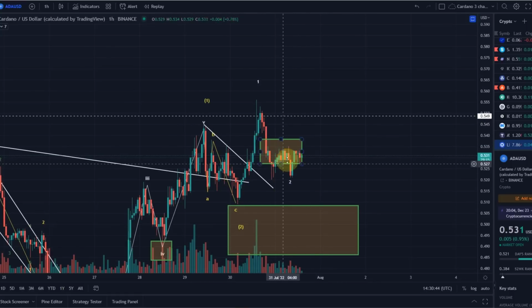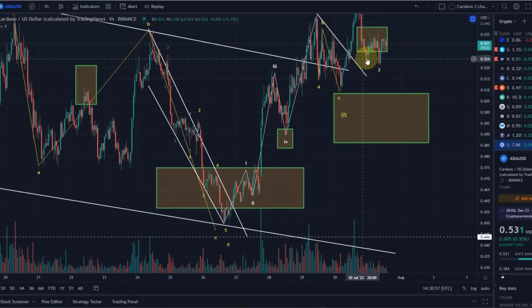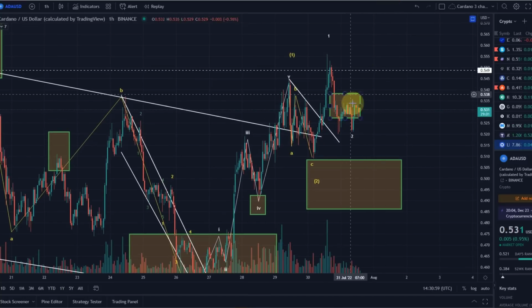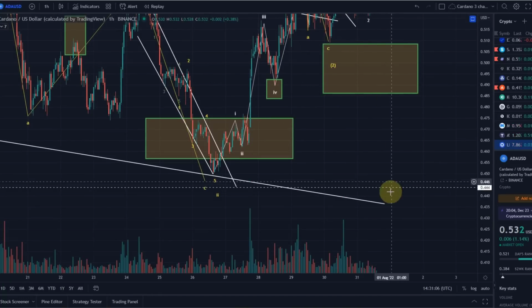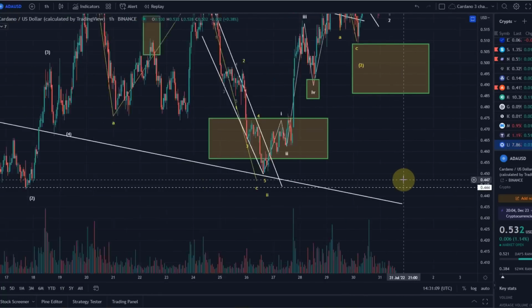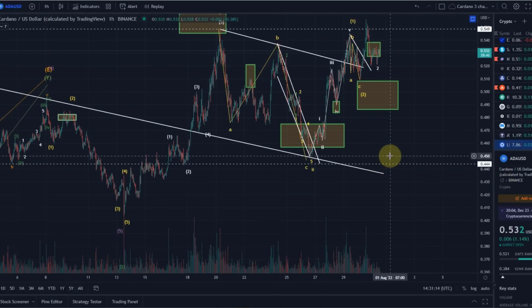From here, I would primarily at the moment expect to move up in a wave 3. If we don't, and go below 52 cents, then I would expect the reversal to the upside from here. But for now, I'm staying bullish until we break overall. So this is the more bullish scenario. This is the less bullish scenario where we first dip further before we come up. And should we go below 45 cents, then there's a significant risk that ADA has not seen the low yet, and that would open the doors for a lower low